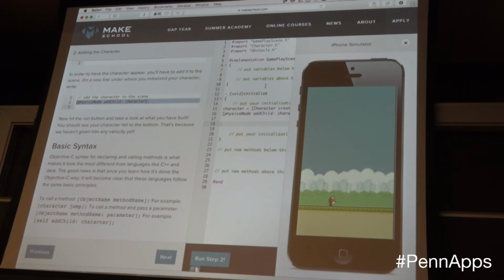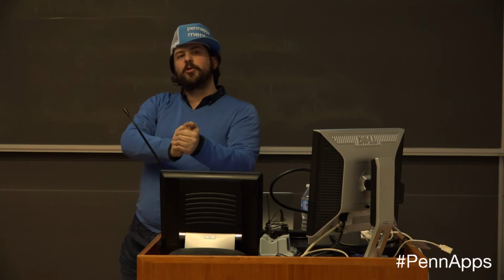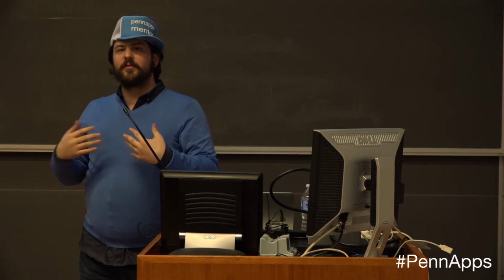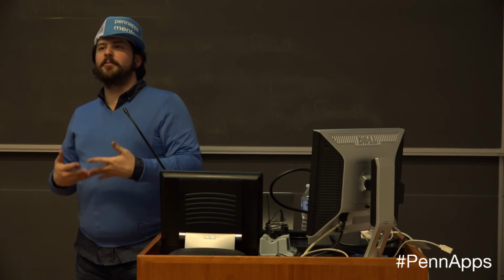Someone asks where physics node comes from, what package it's from. That's a very great question. When you build interfaces in iOS, sometimes you use a tool called Interface Builder to lay out where things are going to be on the screen. And in that tool, sometimes you map objects in this design to the actual class that's going to control that. In this case, we're doing something very similar with the game library.